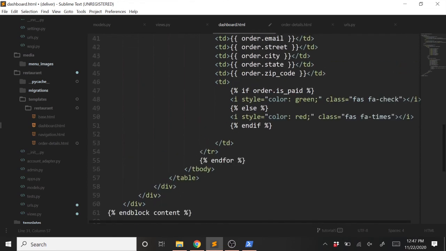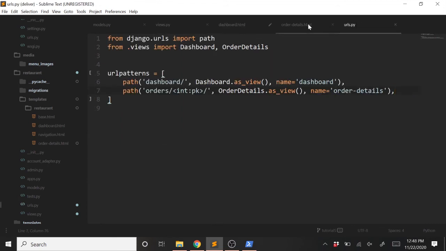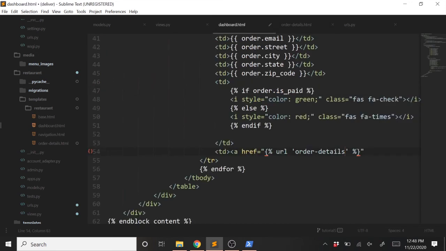right here below the is paid, within that same row, and we'll go ahead and add another TD, and this will have a link tag inside of it. So we'll do a href equals, and in quotes we'll put our Django URL syntax here, and we'll do URL, and we'll pass in the name, what we call our order details inside of our URLs. So over here we called it order dash details. So in this template here, we're going to go ahead and just put order dash details, and then outside of the quotes there, we want to pass in the primary key, and we can get that using order.pk,